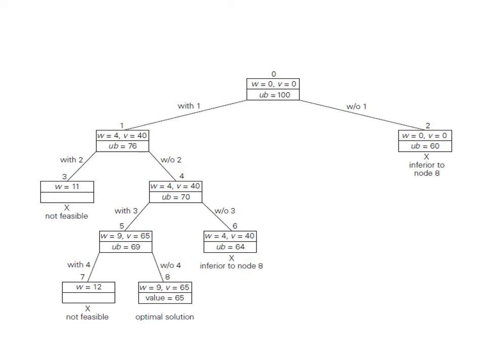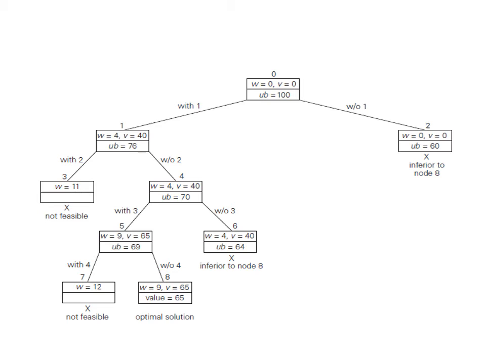So our small w is equal to 4 and small v equal to 40. And we have to calculate the upper bound as ub equal to 40 plus (10 minus 4) into v(i+1) by w(i+1), which becomes 5, because it represents the third item's value by weight ratio, so whose value will be 70. So at this level our upper bound 70 will be the best solution. So we have to expand further.